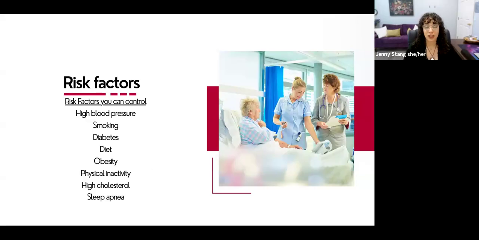Now onto the risk factors that you can control. So remember I said earlier, up to 80% of strokes can be avoidable. This is how we avoid that, okay? If you have high blood pressure, this increases your risk of stroke, okay? Nearly half of American adults have high blood pressure, or hypertension. High blood pressure is a leading cause of stroke and the most significant controllable risk, okay?